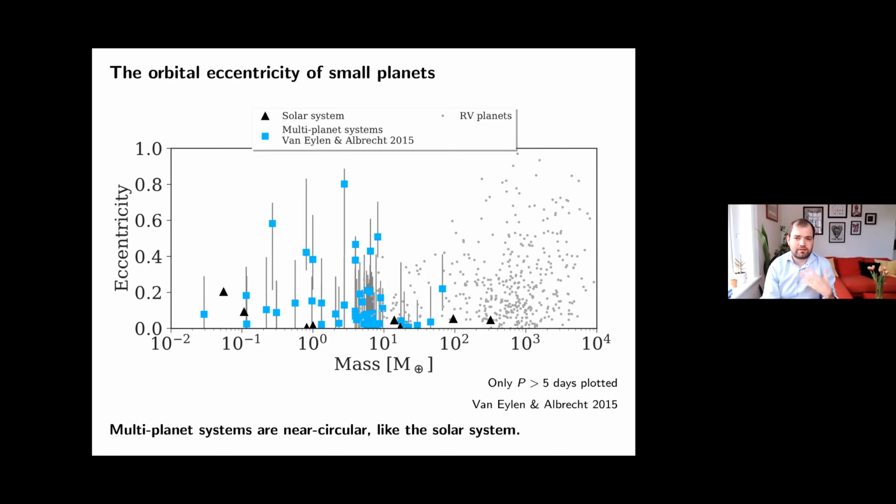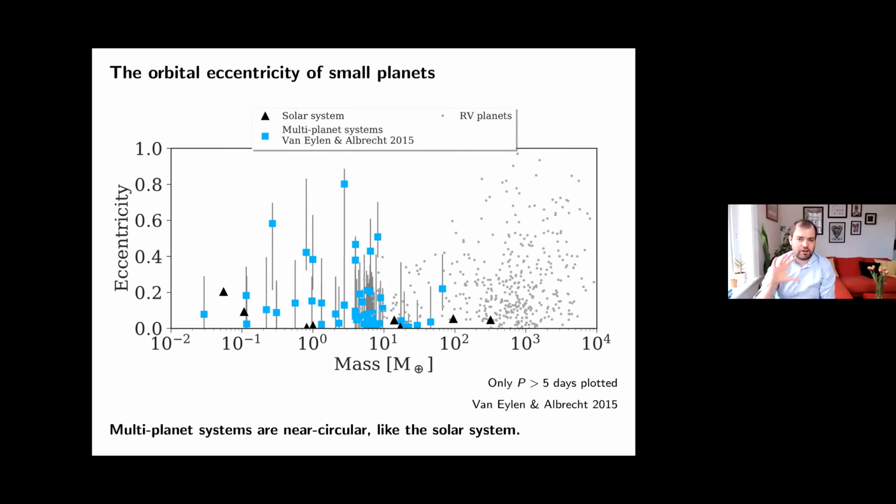And so this, at the time we interpreted it as saying, okay, if you have giant planets, they might behave like binary stars with highly elliptical orbits. But if you go to typical multi-planet systems with multiple small planets, then you're actually in the regime where things are not that different from the solar system anymore. Now, we then afterwards wanted to also look at single planet systems, so systems with a single transiting planet,